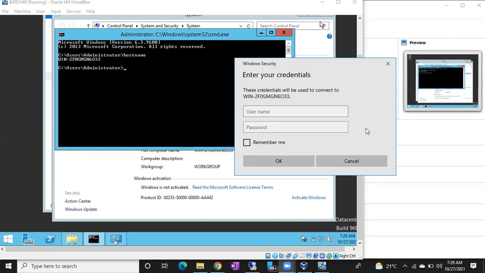Fine, right? So one thing you have to consider is internet is very important. Internet should be there to connect to the server remotely. In case your Wi-Fi is gone, if there is no power, if you are connected to the mobile hotspot, then again you have to restart your virtual machine, find the new IP address and then try to connect with the new IP address. If that is also not working, restart your whole laptop and then again try connecting with the same method we discussed. Okay, fine. Right, 1 minute, guys, just 1 minute.